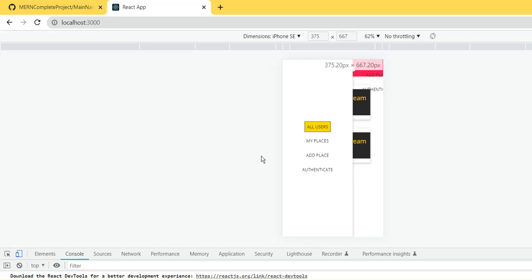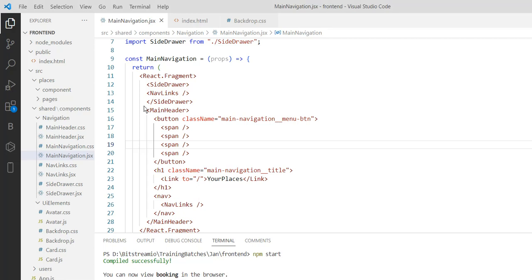So this is the top navigation. This is the side drawer. So now we are going to implement it. When I click, it means automatically hide and show needs to happen. If I click somewhere here, it has to hide and show. So now just go with the next topic, called